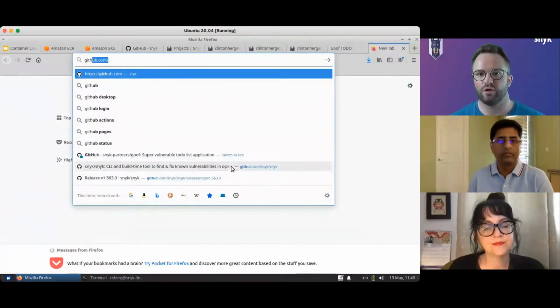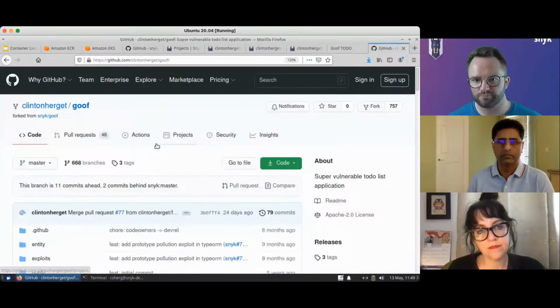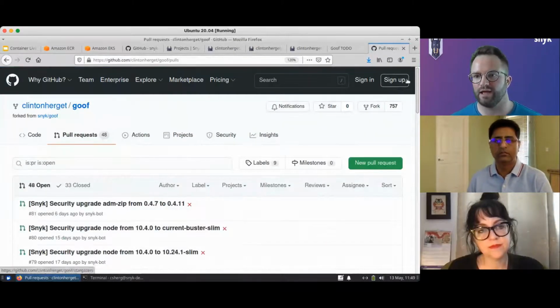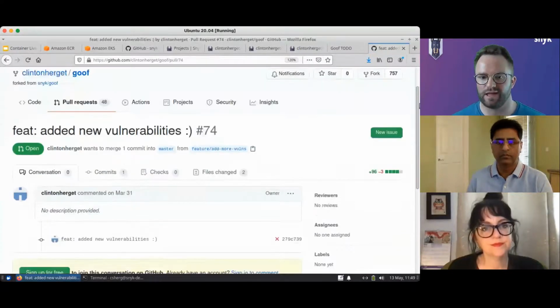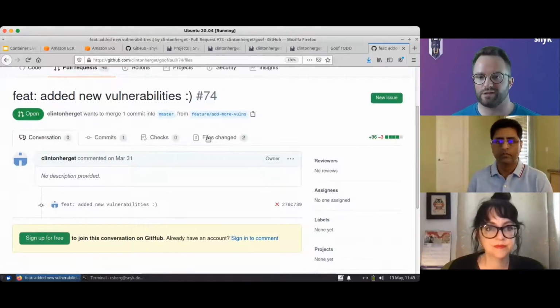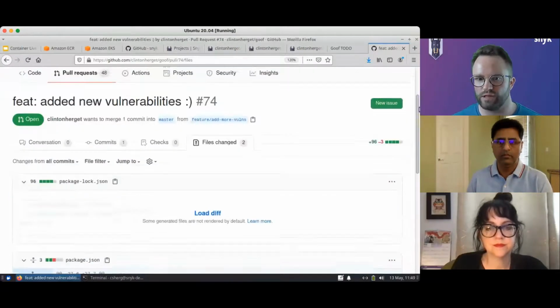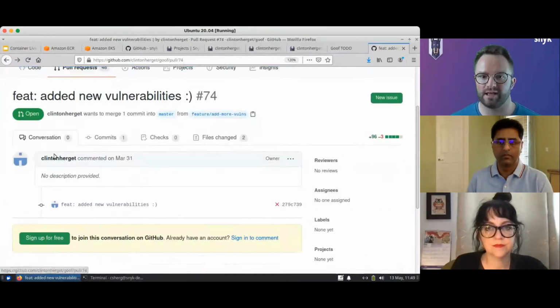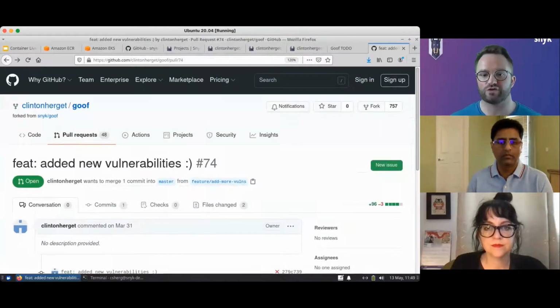If I actually go into GitHub and I look at my fork of that goof repo that we were looking at earlier, what you can see is there was a PR that I put in here that actually added new vulnerabilities, right? So this is me as a developer going in and saying, I want to add some commits, and in this case, I put in some open source packages that have new vulnerabilities associated with them. But you can see this PR is still open. It didn't get merged. That's because Snyk actually failed the pull request check. We said we're looking at new vulnerabilities coming into this repo. We're going to fail that because of the presence of vulnerabilities in this delta,